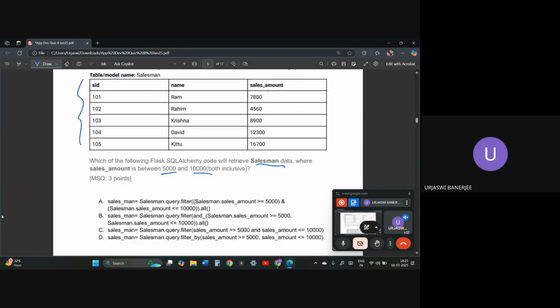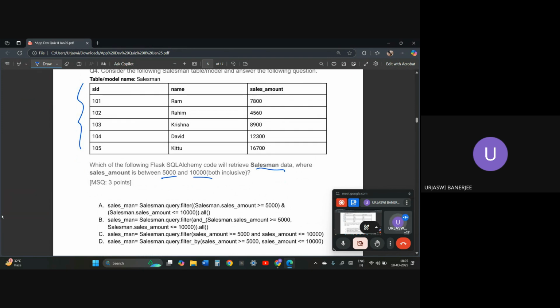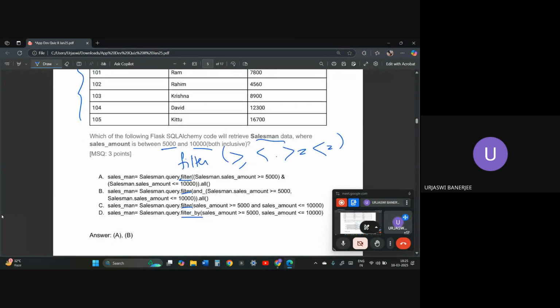So first of all, in this type of question you need to know the difference between filter and filter_by. We have used filter sometimes and filter_by sometimes. So what does filter exactly do? In filter we can use parameters like greater than, less than, greater than or equal to, less than or equal to, and multiple conditions with and, or.